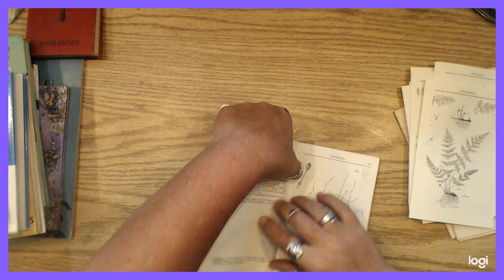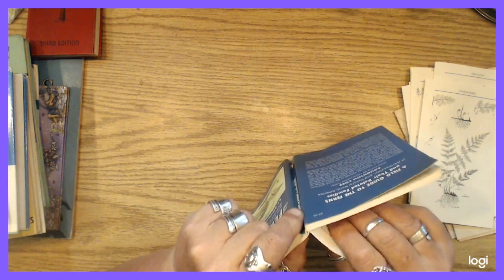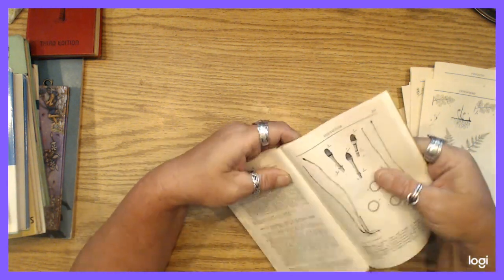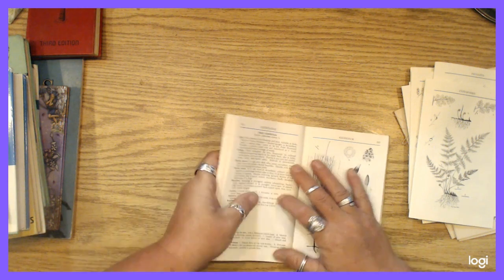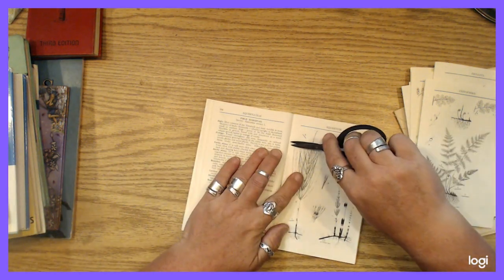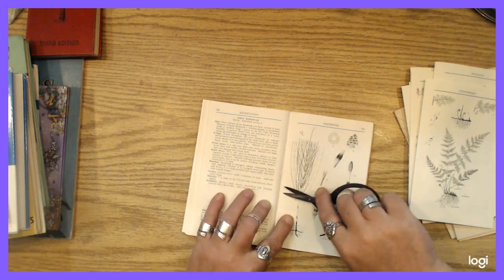Let's see if I can find the center of this one. So you can see where it, I think that's it. Wait, one more. It's hard when they're glued too. Okay. There we go. So I could take some of these pages and coffee dye them, or